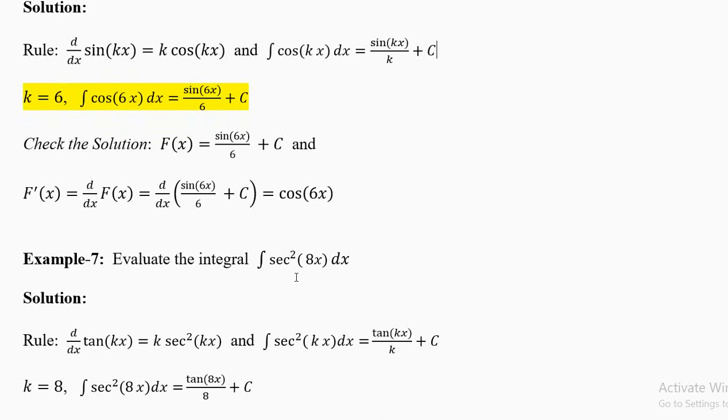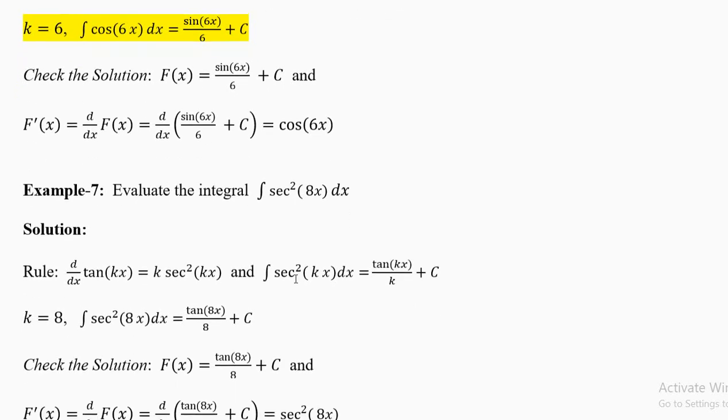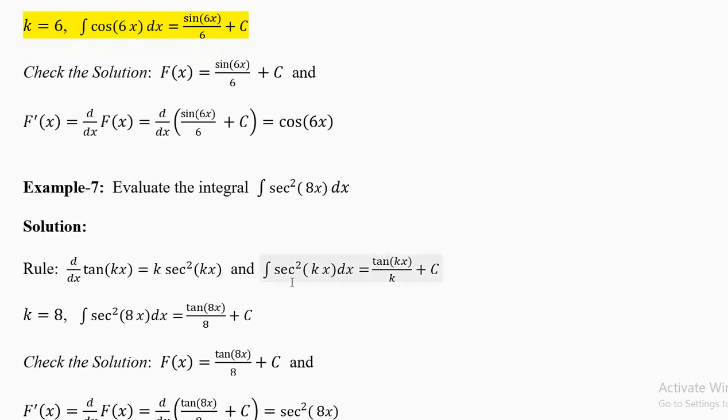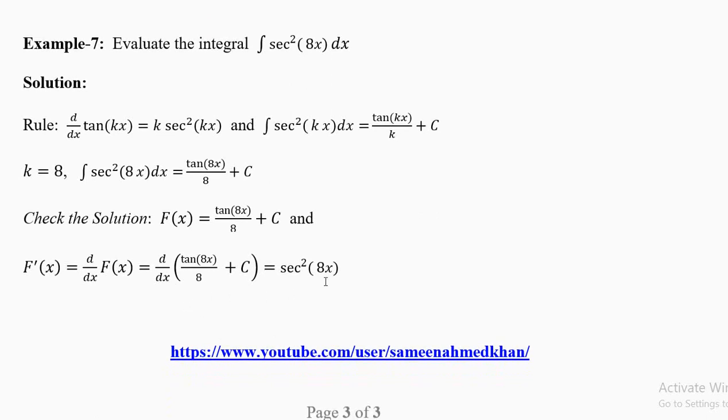How do you get secant square? If you differentiate sine or cosine, you will not get secant square. If you differentiate tangent, you will get secant square. So your answer should be secant square. So what's the rule? Integration of secant square kx equal to tan kx by k, k is any number different from 0. You cannot divide by 0 in all these questions. Plus c. So when you differentiate the tangent, what do you get? You get secant square. Just remember your differentiation formulae from calculus 1.